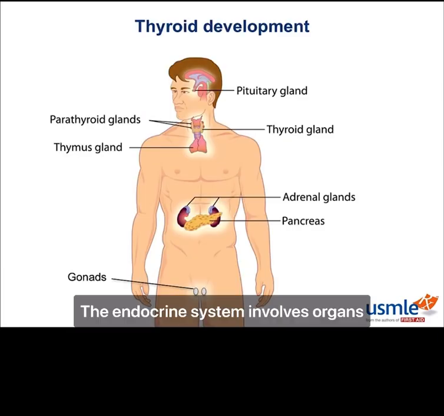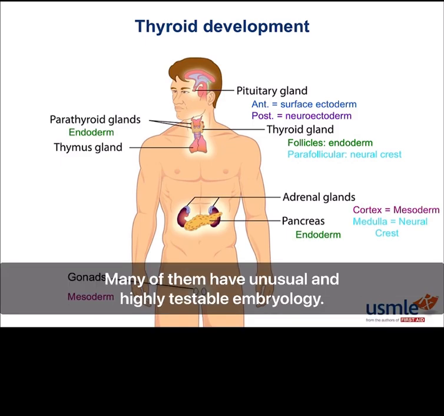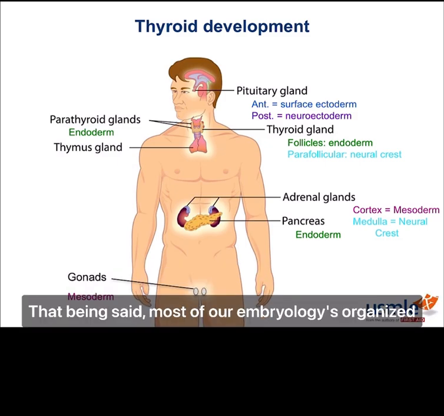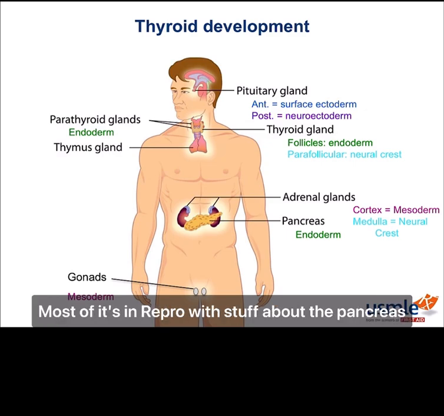The endocrine system involves organs found all over the body, derived from literally every type of primordial germ layer. Many of them have unusual and highly testable embryology. That being said, most of our embryology is organized in the respective organs-based chapters. Most of it's in repro, with stuff about the pancreas in the GI section, and stuff about the pituitary and